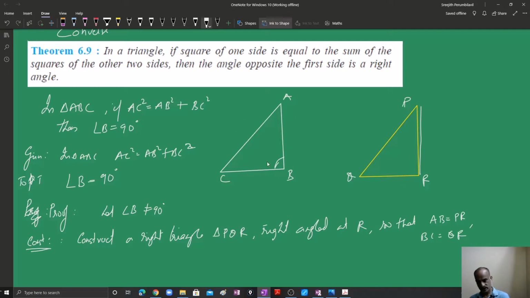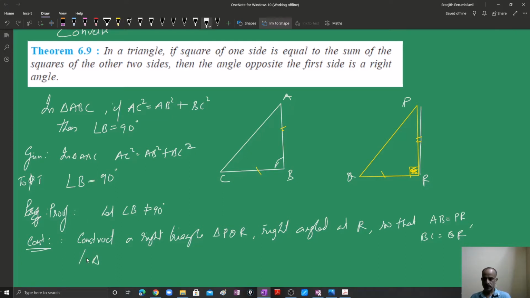That means we are constructing a right angle triangle whose measurements are equal. This side is equal to this, and this side is equal to this. Is it possible to construct? This angle is not 90 degrees, but here we are constructing a right triangle. We don't know whether this is 90 or not; we have to prove it is 90. Anyway, this is the construction, a right angle triangle constructed with the same measures. Suppose this is 5 units, we take 5 units. Suppose this is 7 units, we take 7 units there. Fine. We make a construction. So now we will come to the proof.